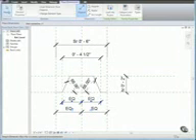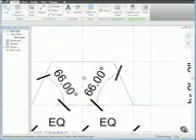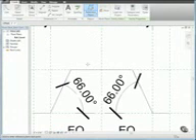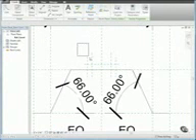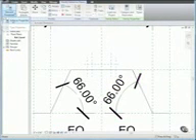Next, let's add reference planes for the dovetail shape. Zoom in around the top of the profile, and from the Datum panel, click Reference Plane. Draw 1 horizontal and 4 vertical reference planes as shown. Then, after clearing the selection, select the 5 new reference planes and go to Instance Properties and change the isReference parameter to Not a Reference